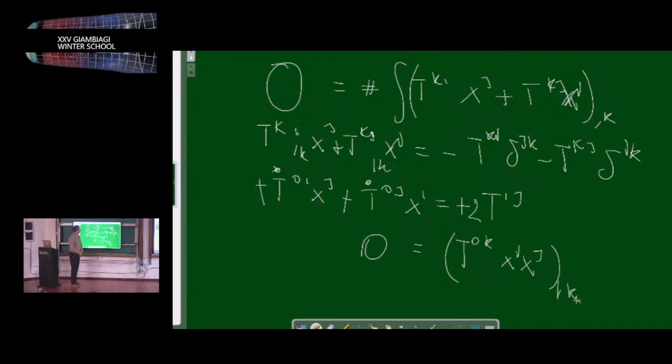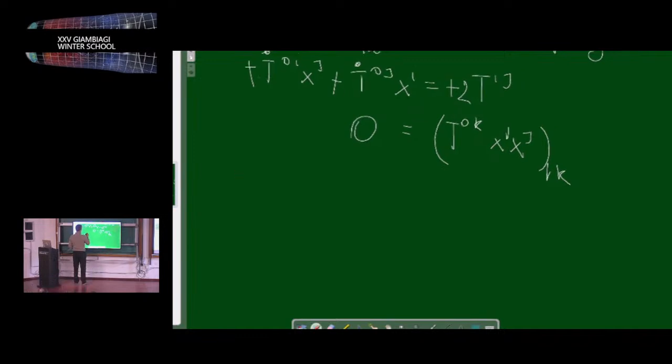Okay? You see, I want to trade this object, which is the first moment of a linear momentum, for a second moment of a T00. And I can do it with this trick, because look here now. This is 0, again for the divergence. Then I apply the divergence once here and once there, and then I get